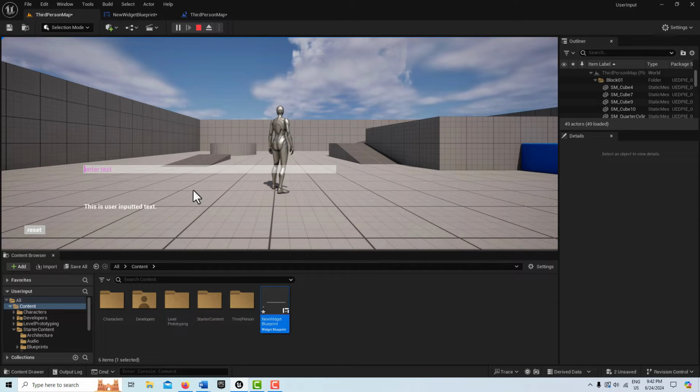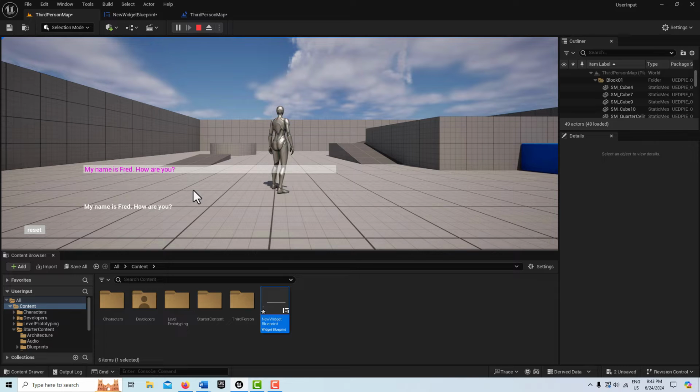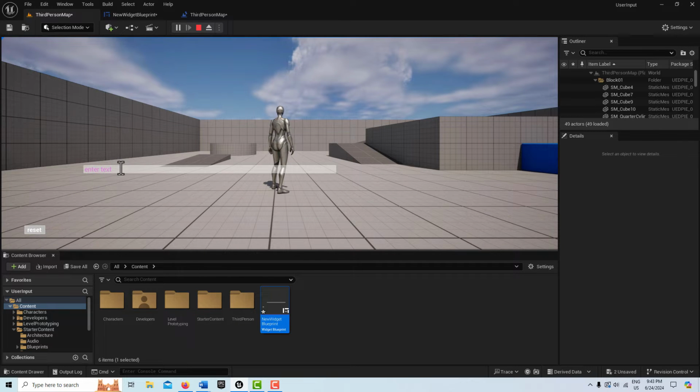So someone can type in, let's say, my name is Fred, how are you? And as soon as I hit enter, it will display. But then after just a set amount of time, it's going to clear the text box so that I can enter something else. So look, it says, my name is Fred, how are you? Here, if I press this button, I can reset it. And you notice how this field cleared out. So I'm just going to show you how to do this real quick,